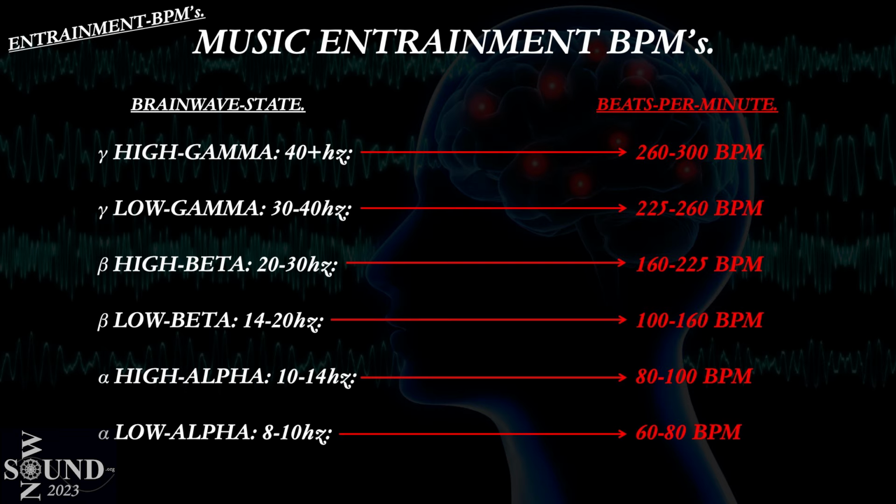So if you're wanting just to relax and chill out, you'll put on a low alpha, 60 to 80 beats per minute. Now you notice we didn't put theta and delta state in that table because when you're trying to go into a deep sleep, the auditory periphery shuts off. And if you stimulate it with tonal music, you won't go into a deep sleep. So if you go to sleep to music, just set it to 40 minutes, whatever, and then turn it off so your auditory periphery can go to sleep.